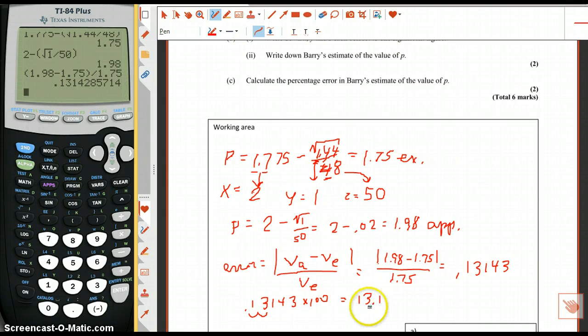13.1. In IB Math Studies, you always want to keep 3 significant figures if you have many significant figures that you want to reduce to a handful so that you can write it easily. You need to keep 3. Okay, then you need to add percent because 0.131 is 13.1%. Okay, so now we have